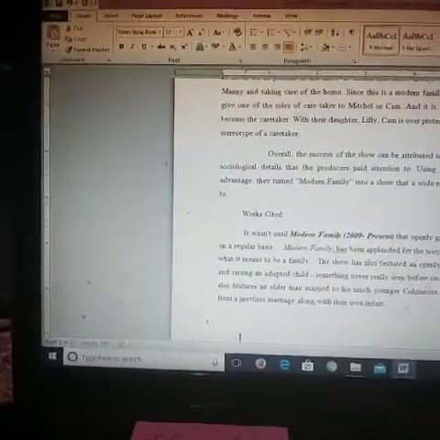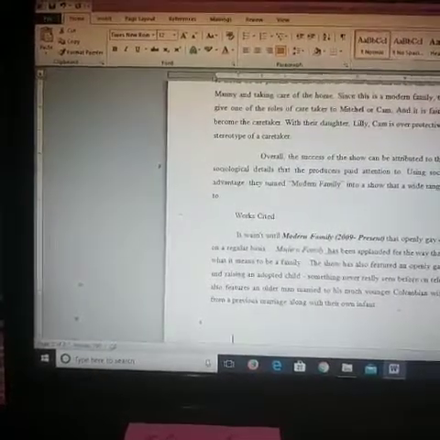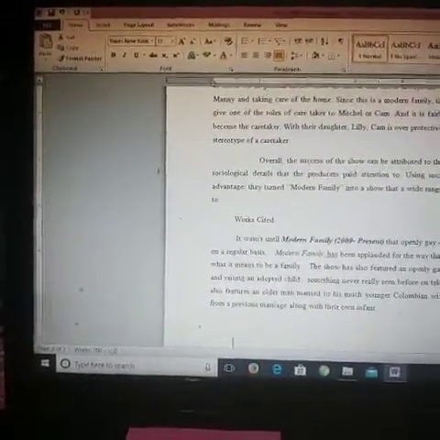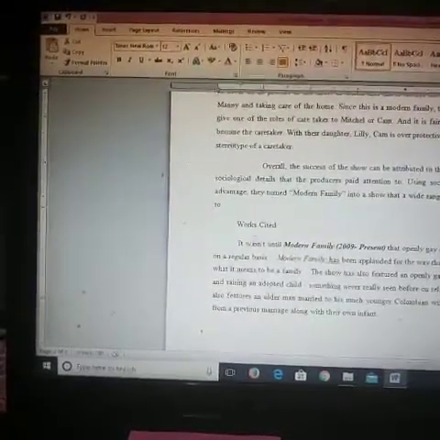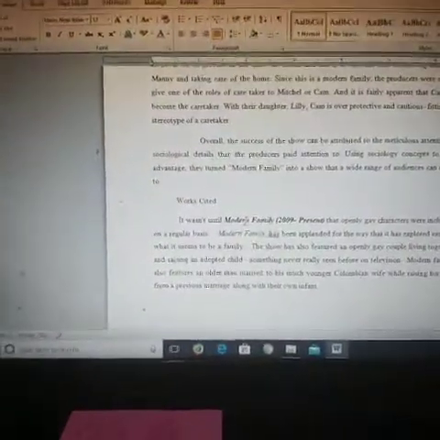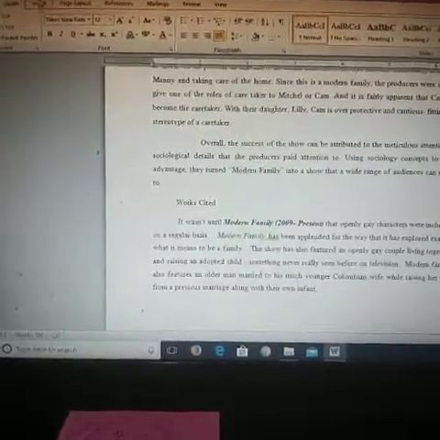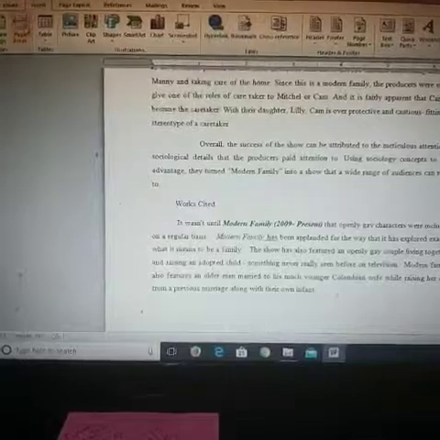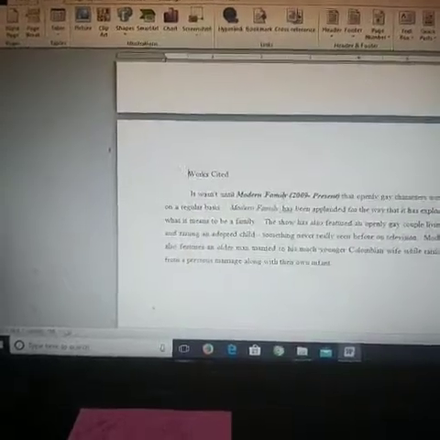Next topic is your page break. What is a page break? It is just a mark of separation between two pages. So how it's done: suppose I want this paragraph in the second page and not in this page, so I'll put my cursor over here, I'll click on insert and I'll click on page break. Can you see it has come down to the next page?